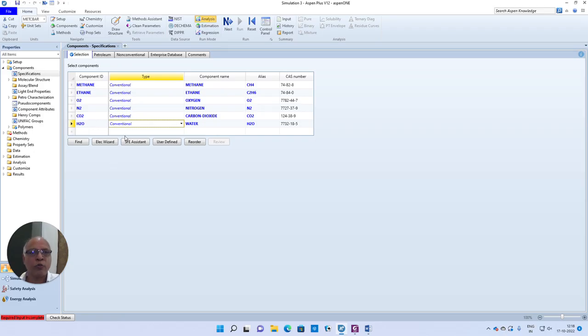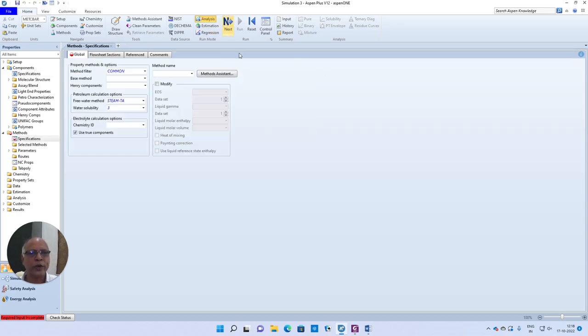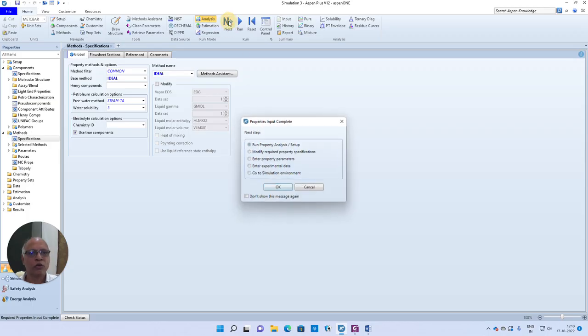So these are all the components we are trying to involve. Once again, we may be interested in mass balance and calculate the percent excess air. So the property model may not really make much of a difference. So I can choose even ideal property model. So go to next, go to simulation environment,